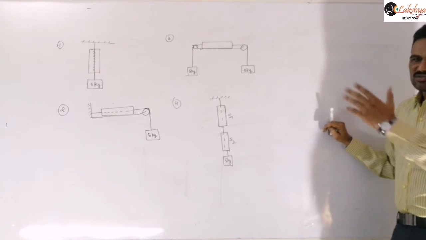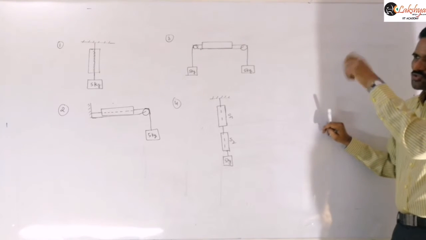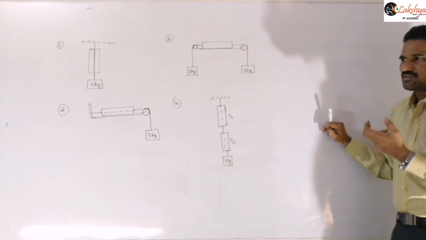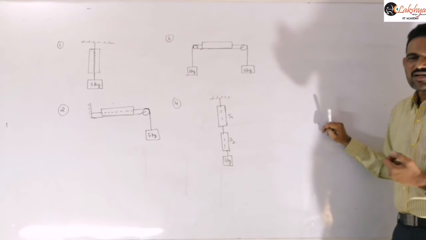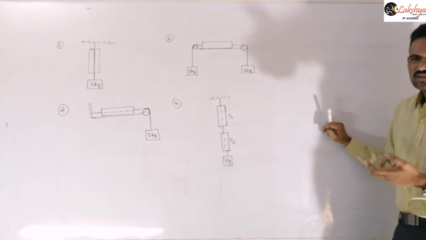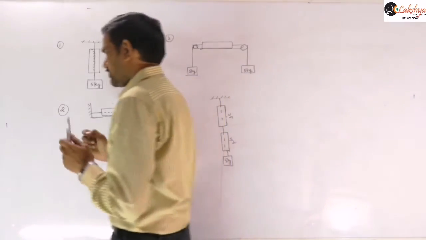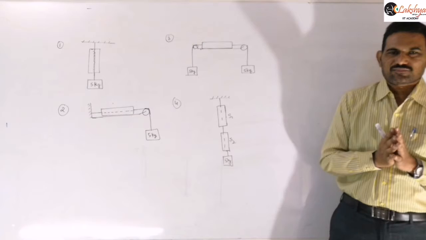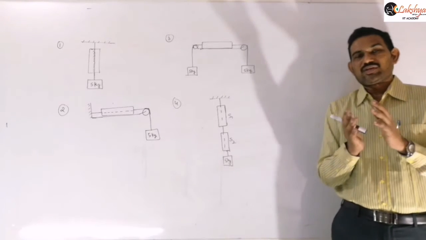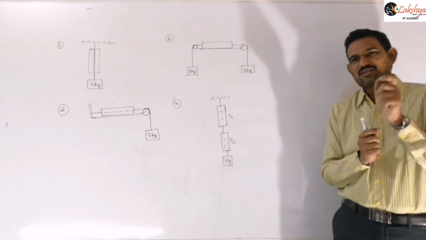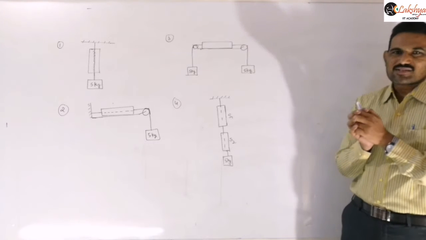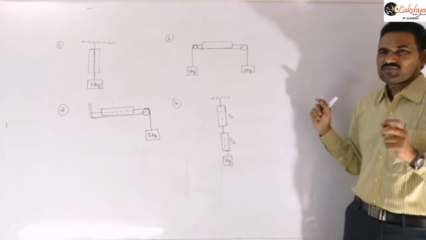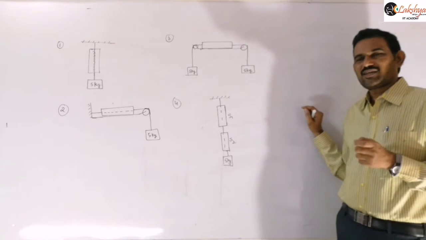In the first case you can say directly, that is our general case only. We are suspending a block of 5 kg from the spring balance, so the reading of this spring balance will be 5 kg weight, because it reads mg. Sometimes, regarding weight, there is no need of mentioning mg values, so there isn't any confusion. Sometimes they will give the 5 kg mass and mention it as a reading or weight of the block is 5 kg. Whether it is mass or weight, you need to observe the unit.